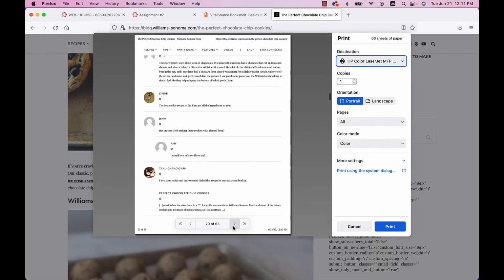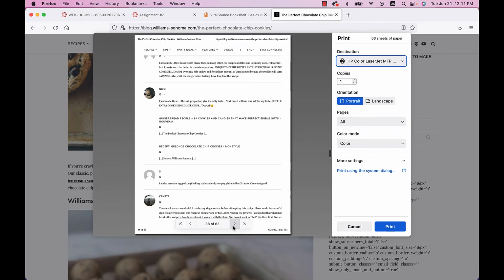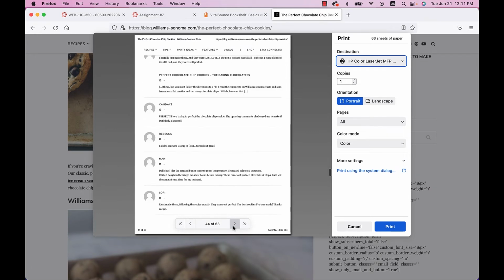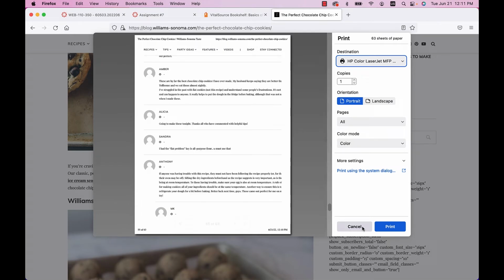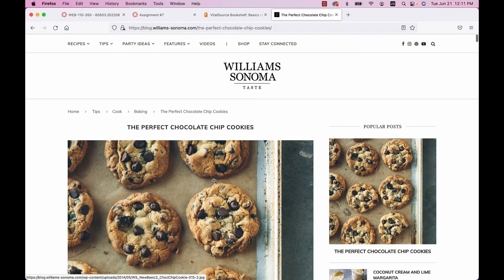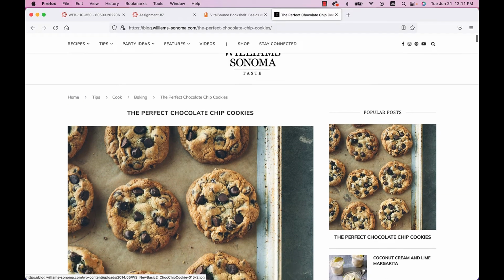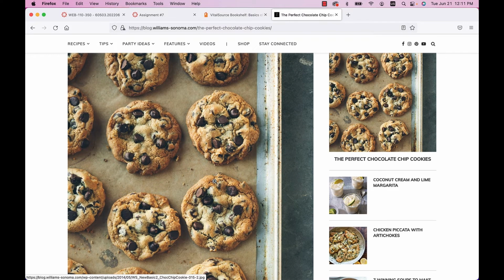So luckily if someone knows what they're doing, they could go in and they could say, I only want to print from this page to this page. But if someone were maybe not as tech savvy, they maybe wouldn't know how to only print out certain pages, and they would probably be very annoyed at the fact that they're having to print out these full-scale pictures